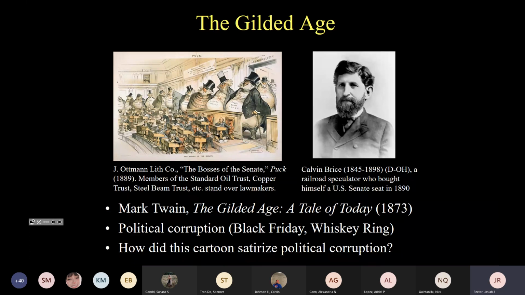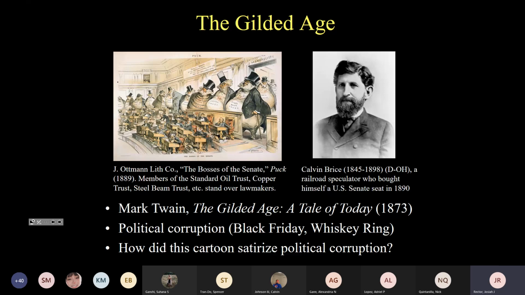So the book is basically about political corruption. So the characters include political lobbyists in Washington, D.C. The term lobbyist actually was popularized for the first time, at least on a large scale, in the mid-19th century, particularly the post-Civil War era. And it describes basically both the Republican and the Democratic Party during the era of Ulysses S. Grant. This was an era of enormous political corruption and lots of scandals. There were lots of high-profile examples I could cite. I'll just give two. One is the so-called Black Friday scandal. Another is the whiskey ring scandal.